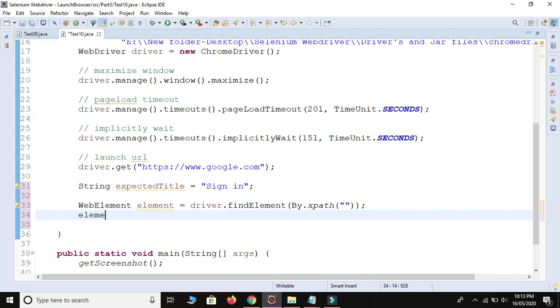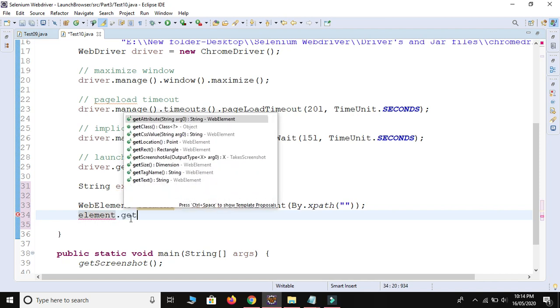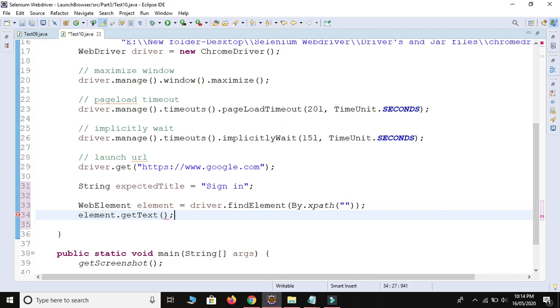So we use element.getText(), and it will return one string value. I will store it using String. This is the actual title.